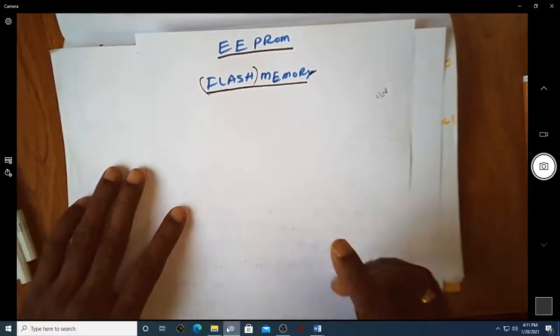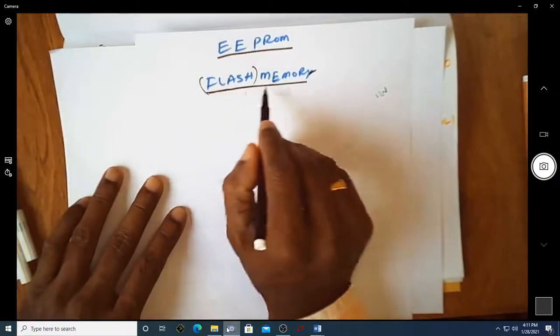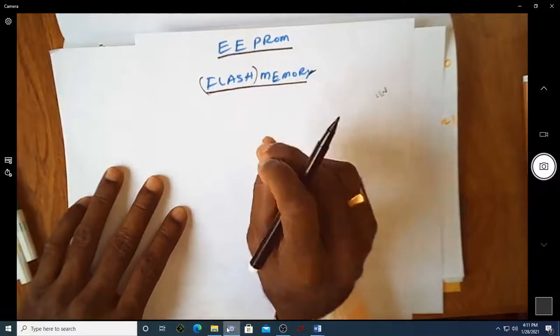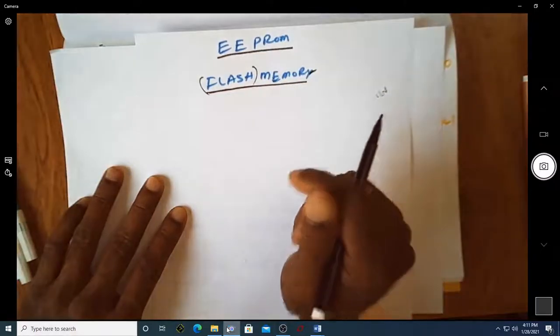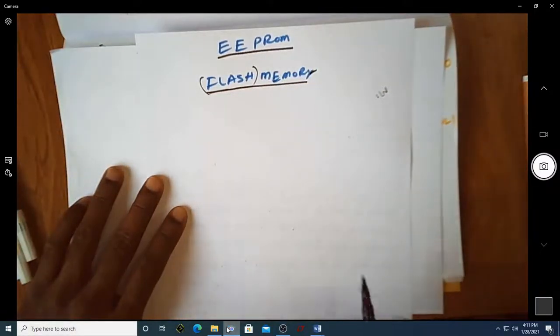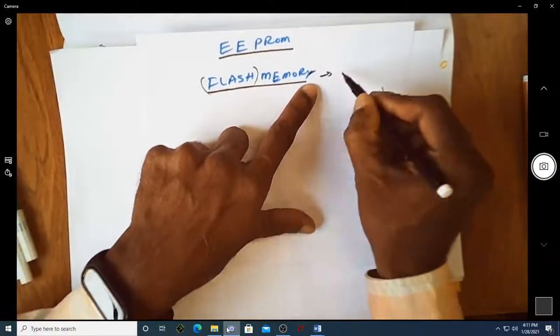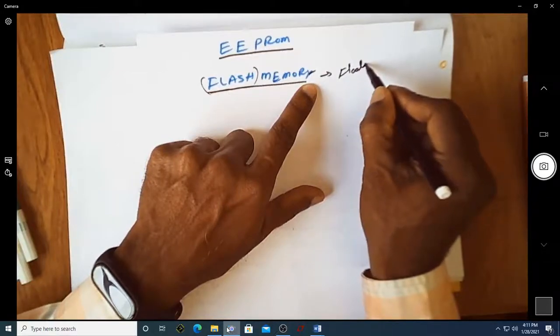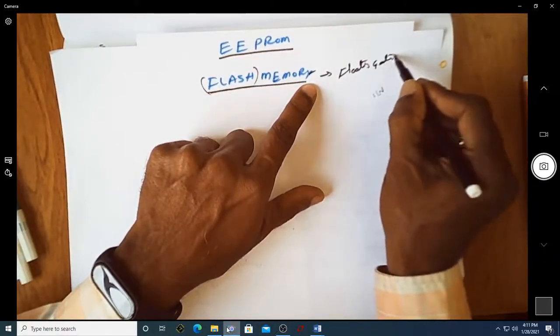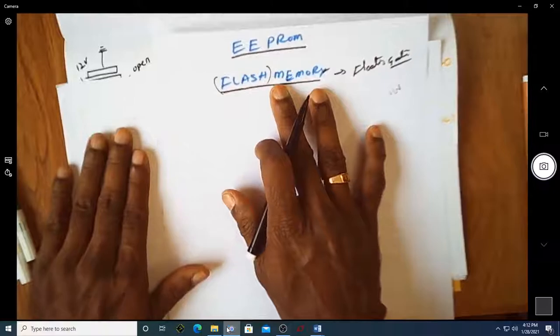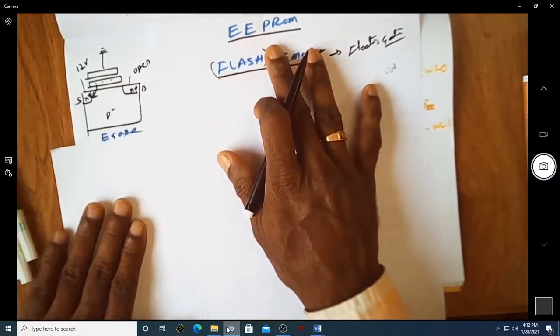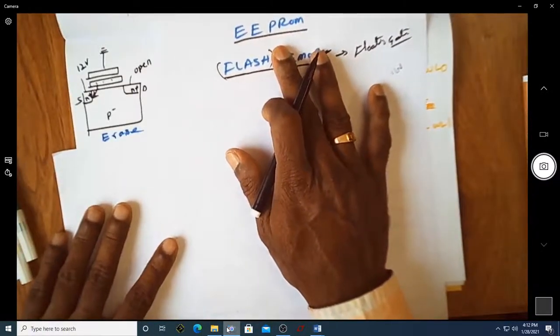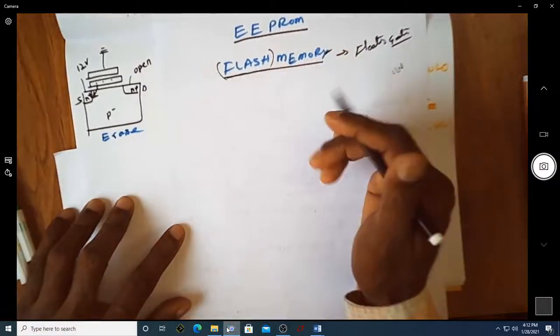Let us again see here, even in this case of flash memory, since we are talking about how we can bring back the threshold voltage to the earlier value, these are also made up using the floating gate. This is also having a floating gate structure. So this is how the flash concept will look. We are looking at the transistor.